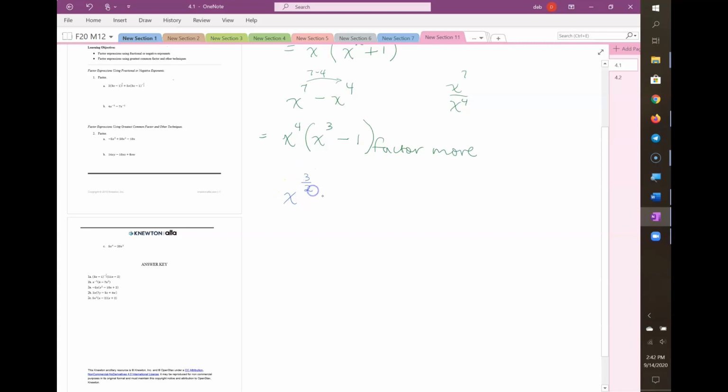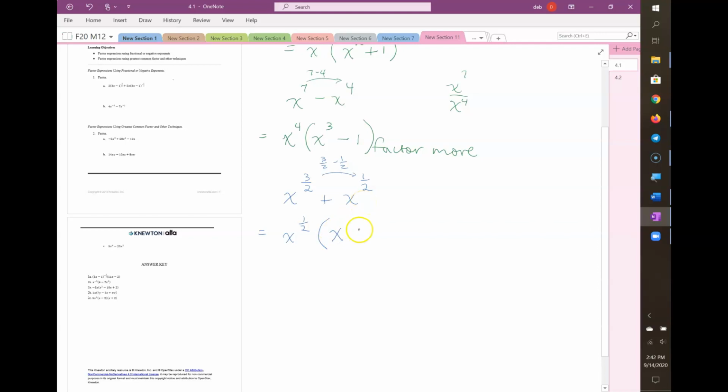So if I have x to the 3 halves plus x to the 1 half, the idea is that you still factor out the x with the smallest exponent. Well, that's going to be x to the 1 half. That's the smallest exponent I see. Then I'm going to open a parenthesis and say, same process, what's 3 halves minus 1 half? Well, that's 1. So x to the 1, but we don't usually write the 1, right, when it's a power of 1,